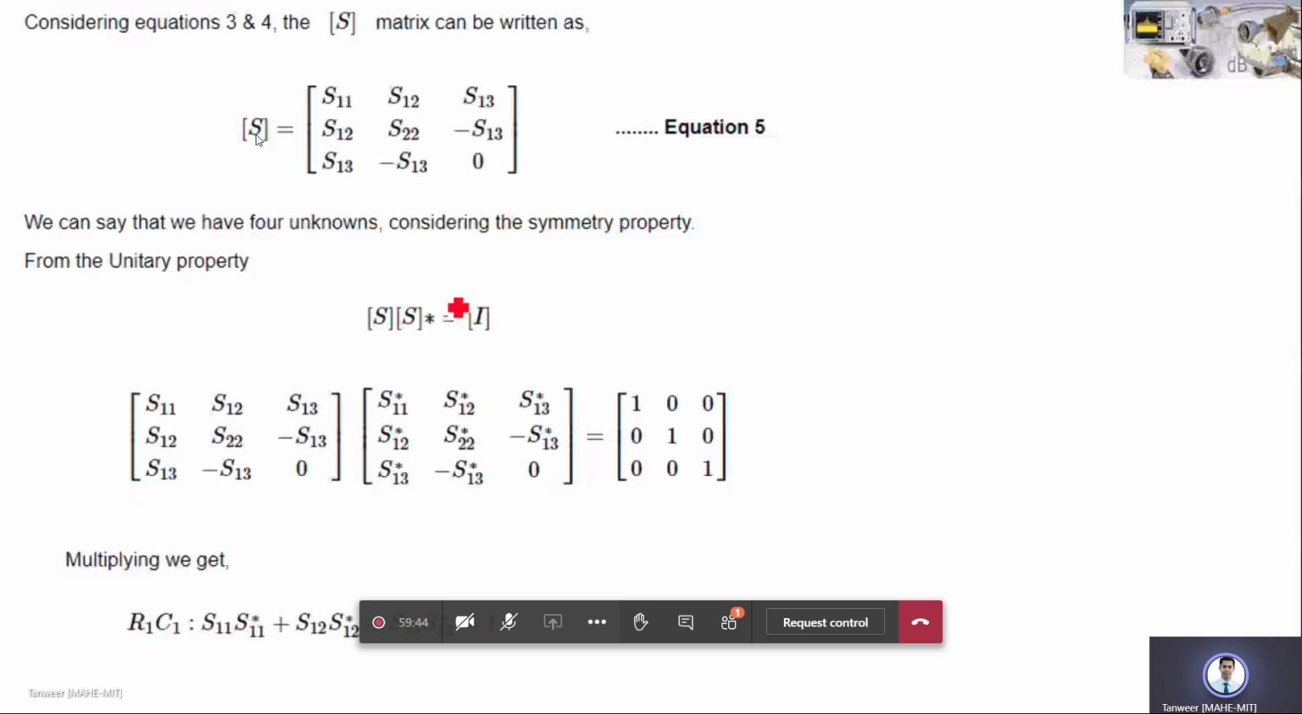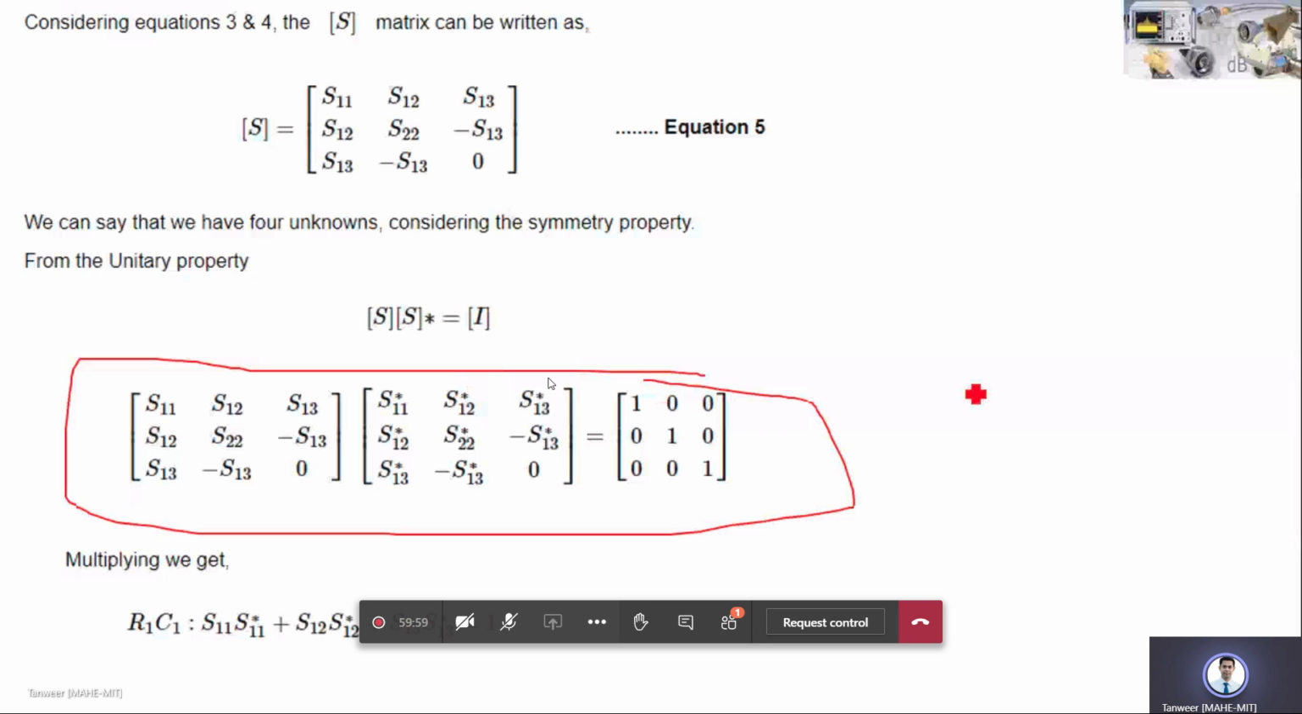Yeah. So now from the property of unitary matrix, we know that this matrix and its conjugate will be equal to the identity matrix. Now replace this matrix by its conjugate, which is replaced here, same thing, and it is equal to the unitary matrix. Now solve this. Row 1, column 1: this one multiplies with this one. I assume that you all know this basic multiplication of matrices. So what you will get? S11 times its conjugate plus S12 times its conjugate plus S13 times its conjugate,